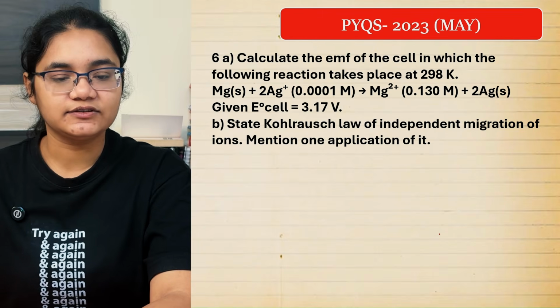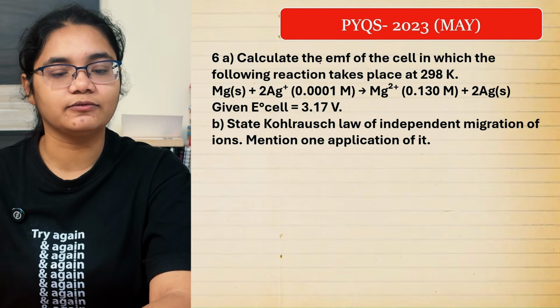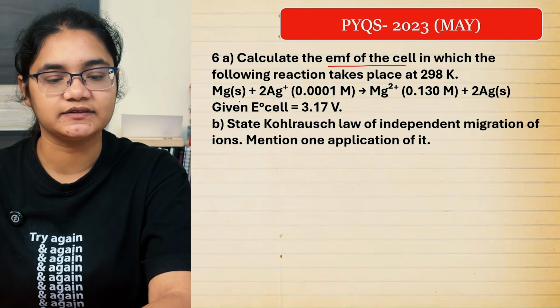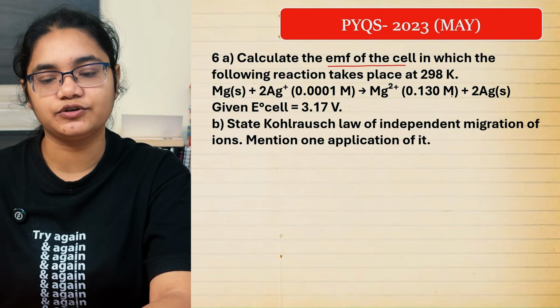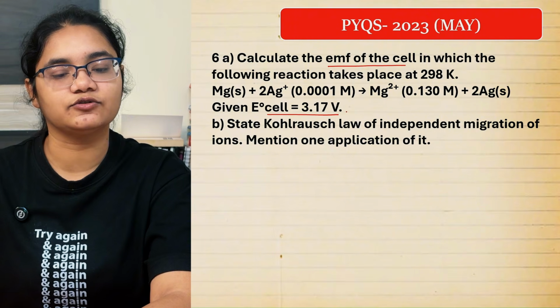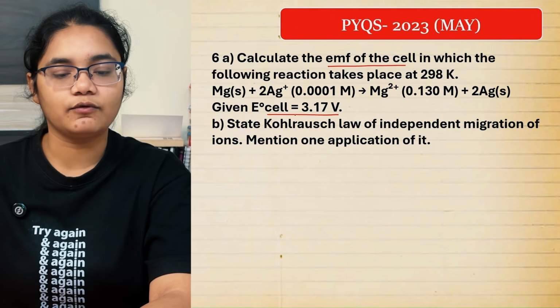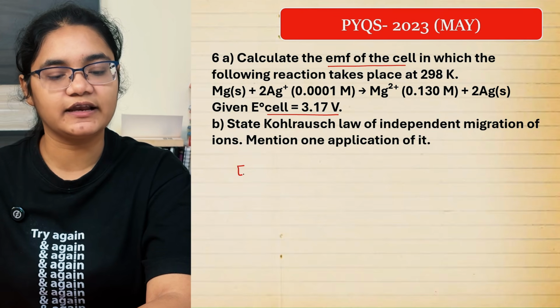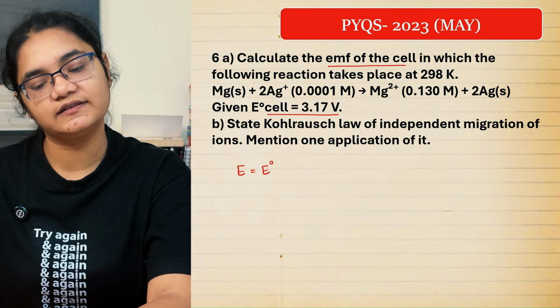Next, question number 6 is a numerical from the Nernst equation. Calculate the EMF of the cell in which the following reaction takes place: Mg plus 2Ag plus gives Mg2 plus plus 2Ag. E naught of the cell is already given. I'll first explain, then I'll show you the answer. So E of the cell is equal to E naught of the cell minus